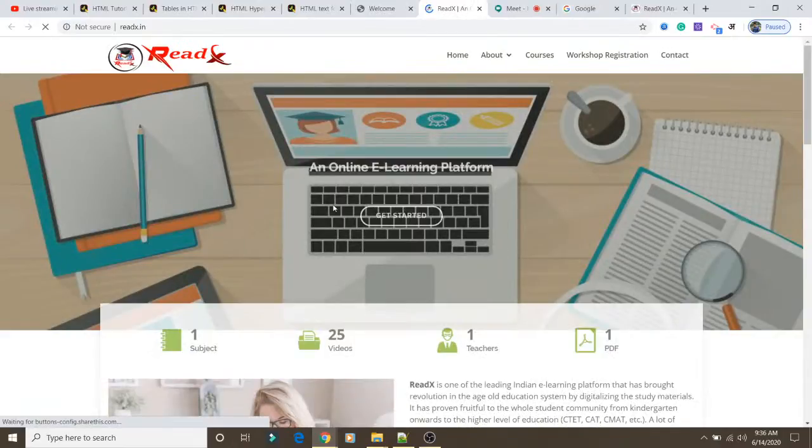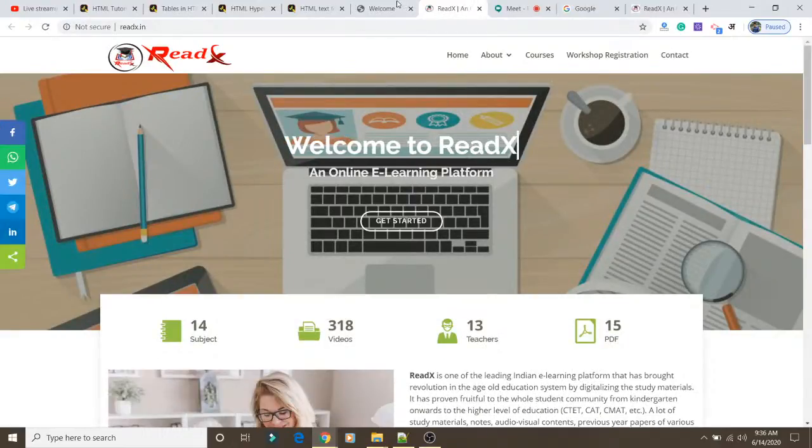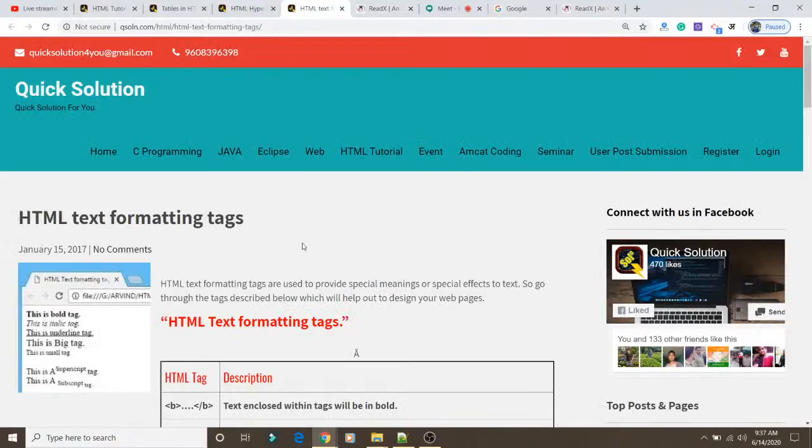You can see that on clicking on the image, the website is opening. So in this way you can provide different anchor tags in your web page. You can provide n number of links in your website as per the requirement. So this is all about the anchor tag.